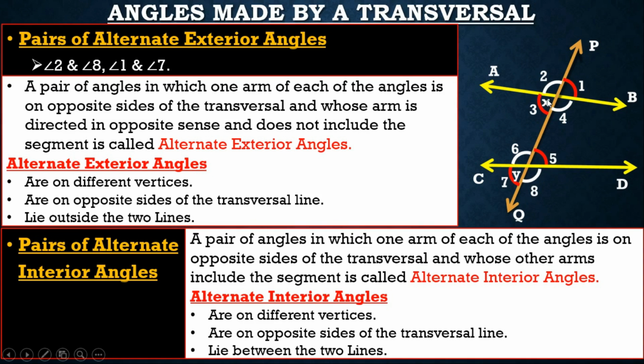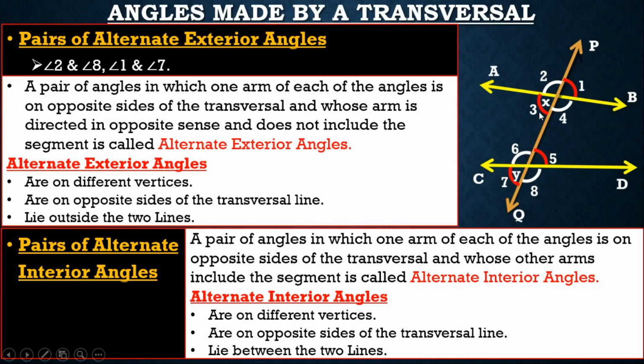So angle AXY and angle XYD are a pair of alternate interior angles. Why? Because they have arms which are lying on the opposite side of the transversal, and also they have an arm which includes a segment, and hence angle AXY and angle XYD is one pair,